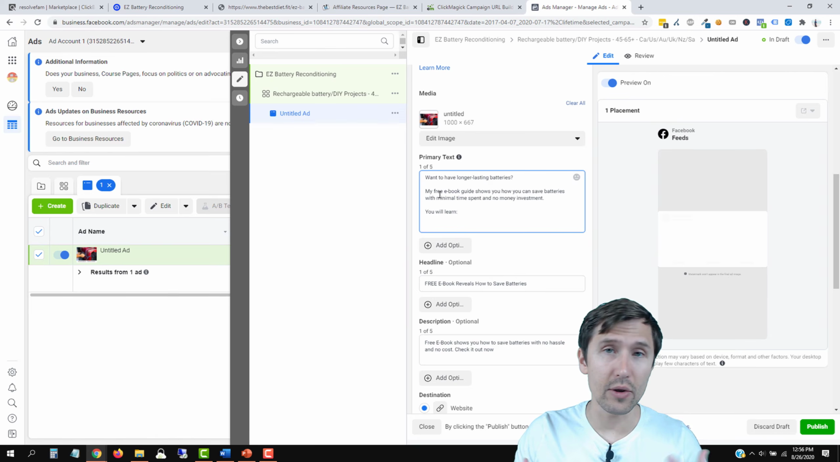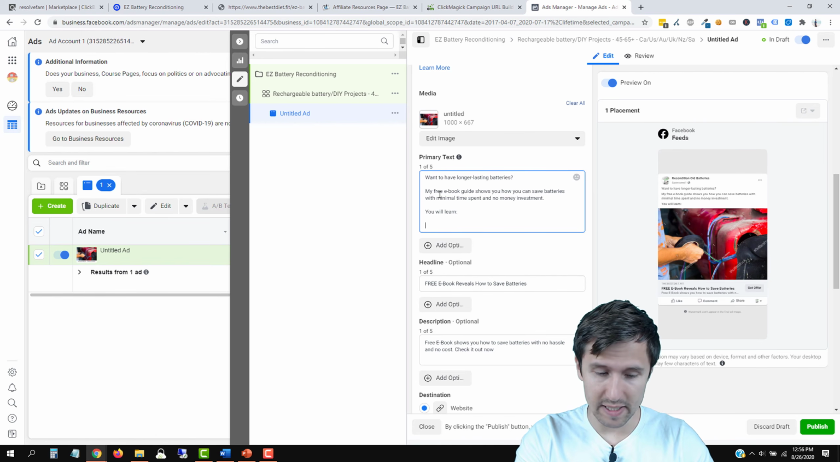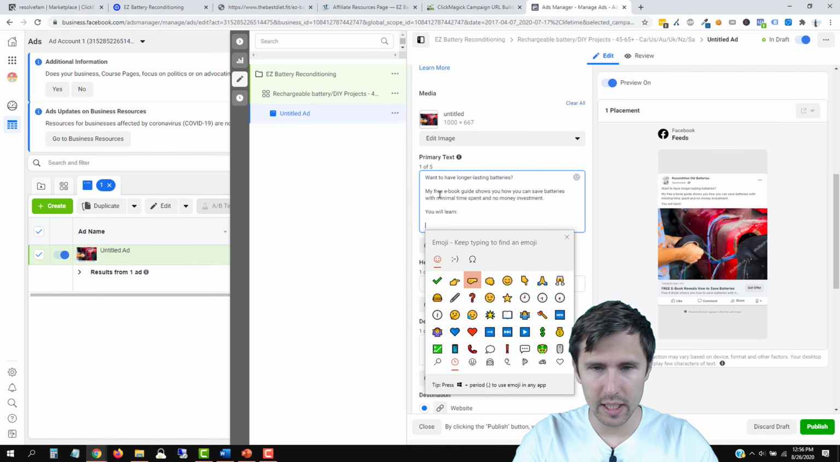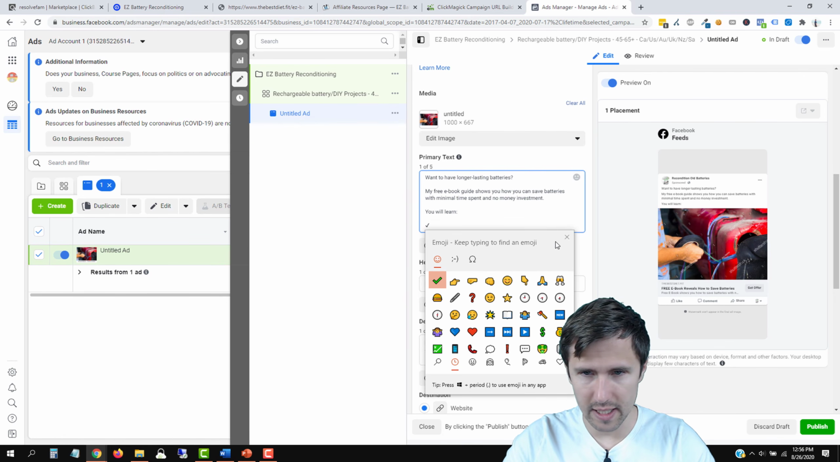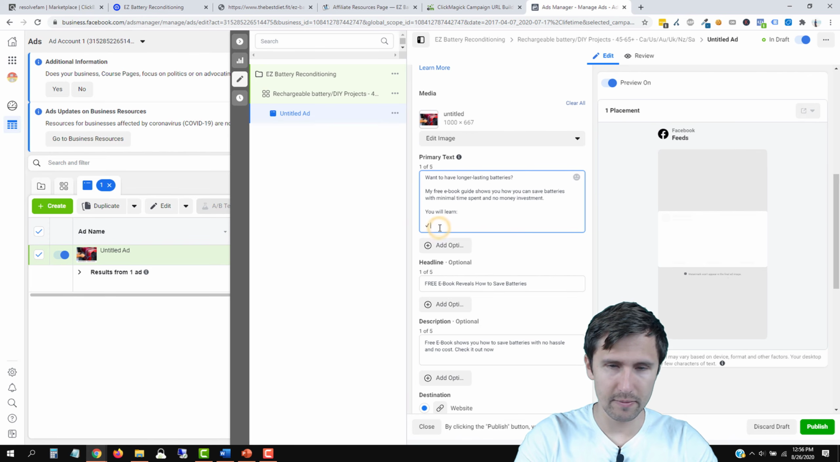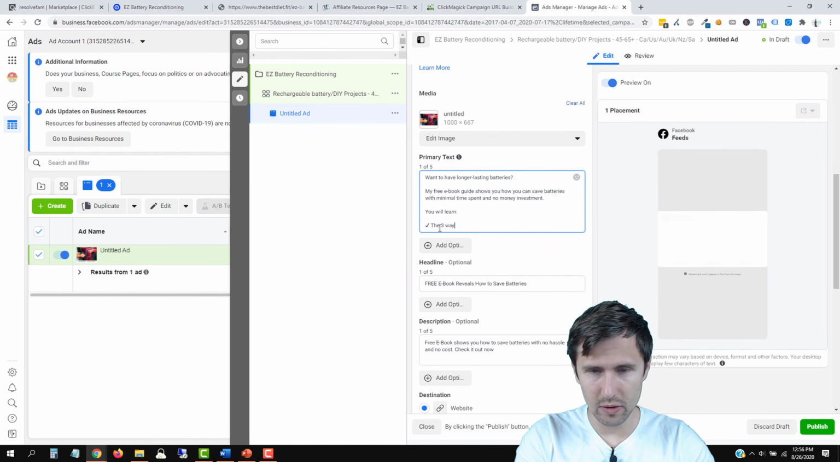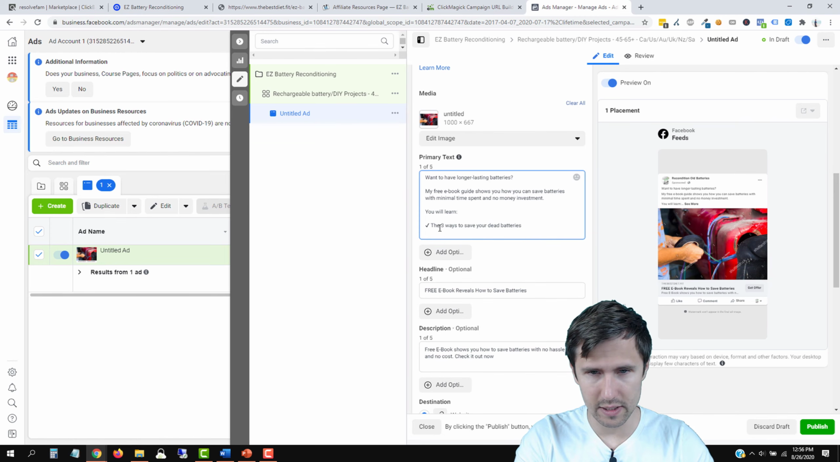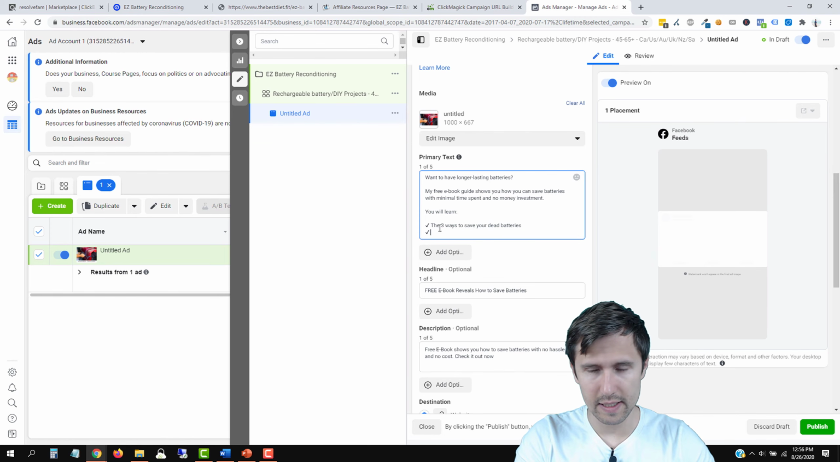learn how you can add these emojis, but on Windows, I'm pressing Windows period, and then these things pop up, okay? And then you can just select what you want. So I'll do a little check mark here, and I will say, you will learn the 3 ways to save your dead batteries, right? You can say the best